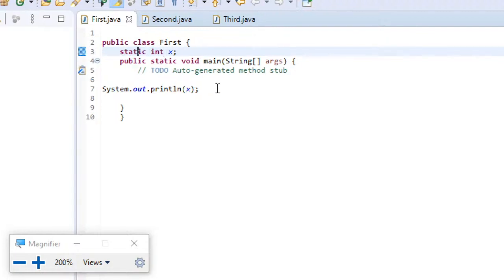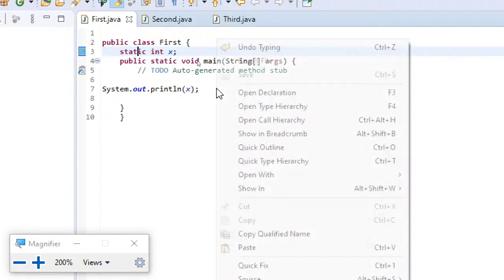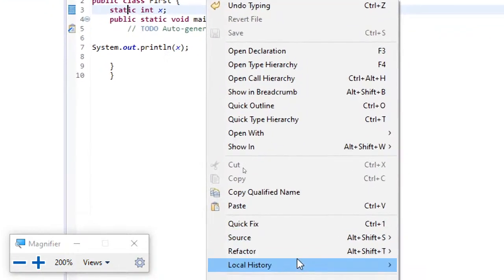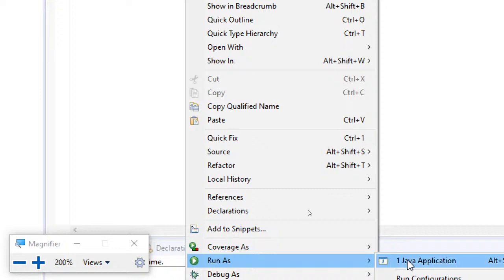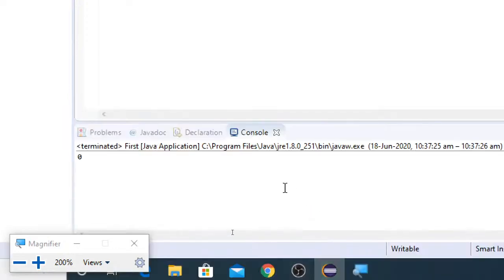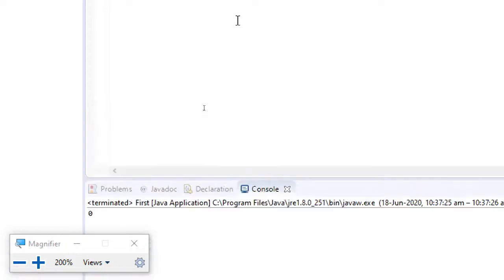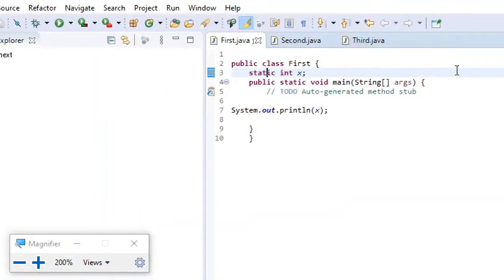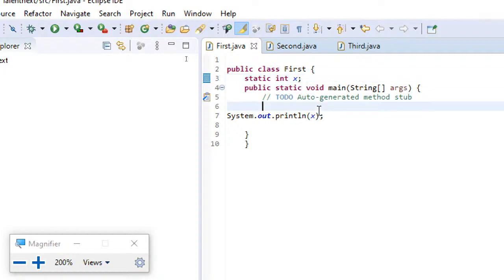Now there is no error, and as we discussed when we covered the data types, there is no concept of garbage value. They will be initialized to default values. Now if I run this, you can see 0 being displayed. But the local variables, you cannot have them without being initialized.